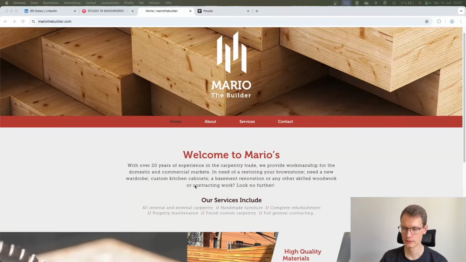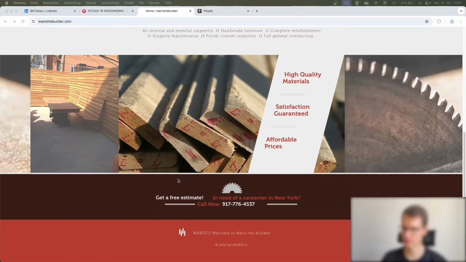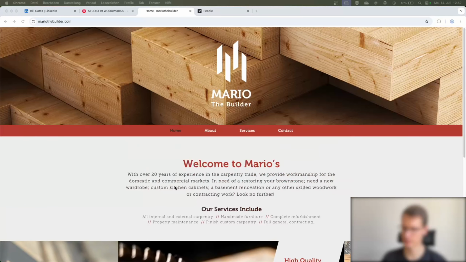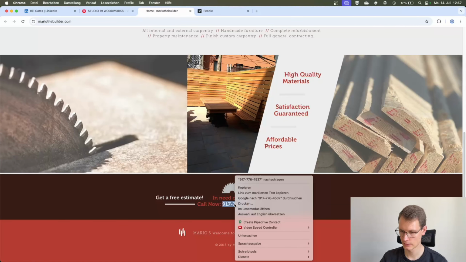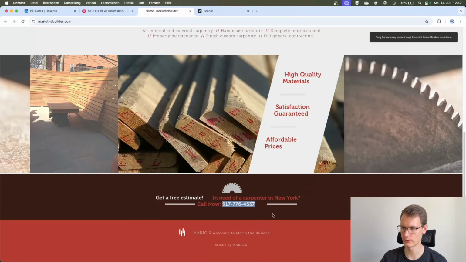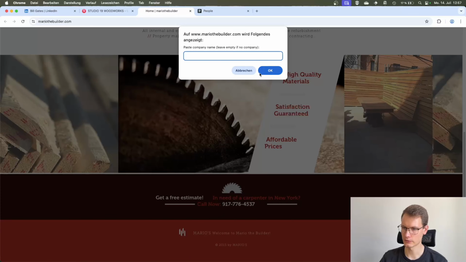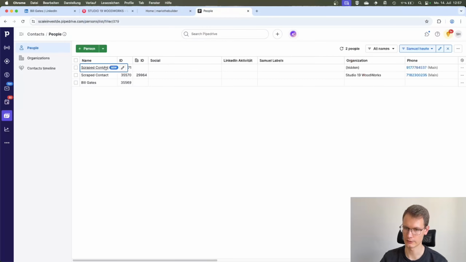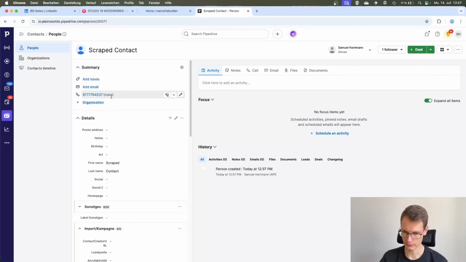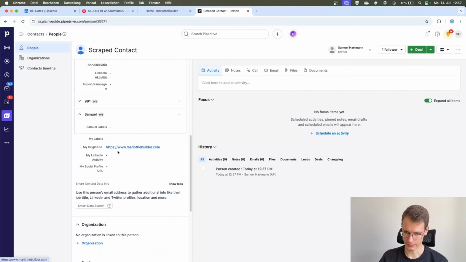or get more information if we need it. This obviously does not only work on Yelp, but on any website where you can find a phone number. So as soon as I highlight a phone number on a website, I can right-click it and create the contact in Pipedrive. I click the notification. If I leave this empty, it will only create the contact and no organization connected to it. So if I click on this new contact here, I see the phone number, I see that it's not connected to an organization because no organization got created,